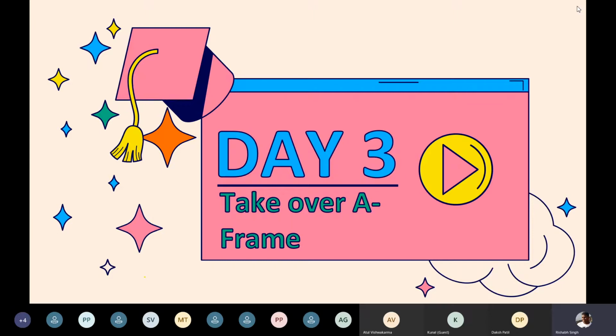Currently we are students, we cannot afford servers, so we are going to create a virtual server using this software, XAMPP. I think most of you already know about it.